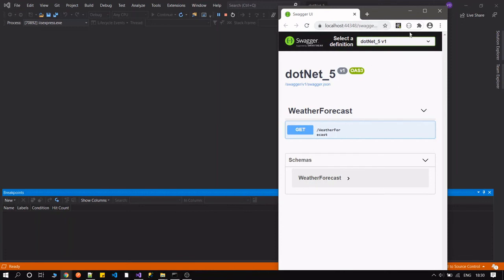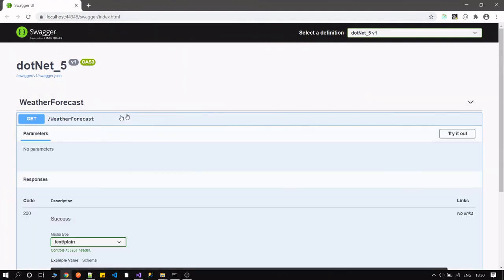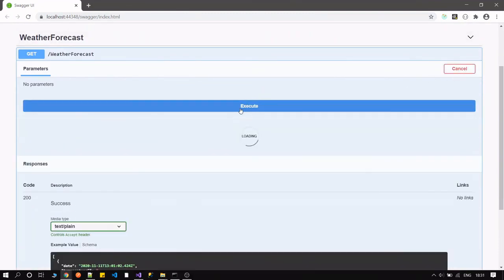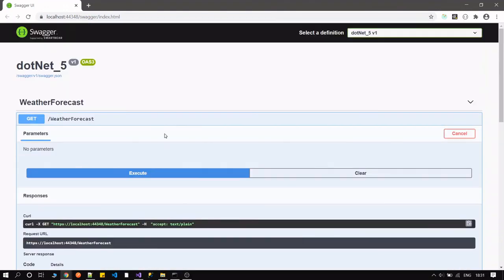By default, you can see that now they are giving Swagger instead of any kind of view. So you can just click on try it out and execute. You can see the response that we have.